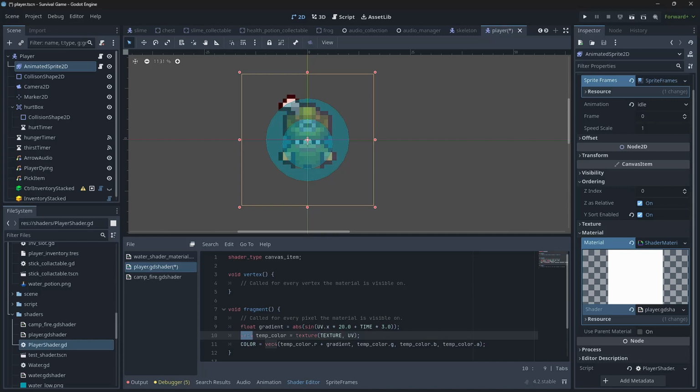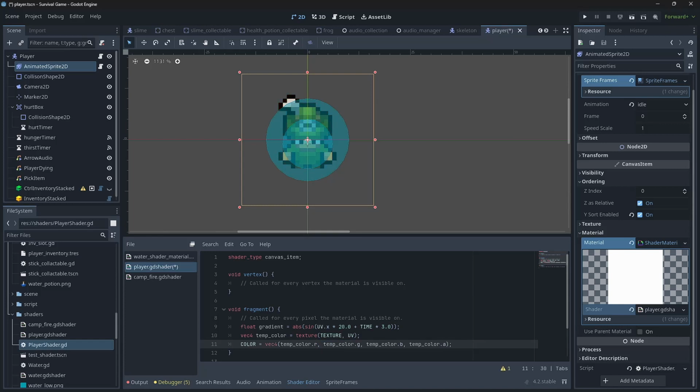And now, this is maybe also important, because you can see that I don't change the temp color, temporary color, the green and the blue, and the A is the alpha value for transparency. So they always stay the same, but the gradient that we are calculating here, float gradient, is only applied to the red. To demonstrate this, I